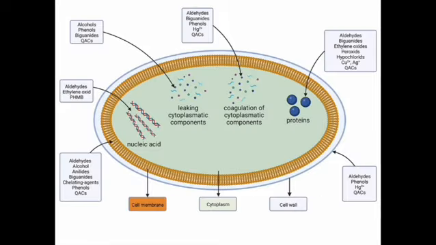The action of chemical sterilization works on four basic principles: by degrading the nucleic acid, or leaking the cytoplasmic components, or coagulation of cytoplasmic components and degradation of proteins, and also by damaging the cell membrane or cell wall. Here QACs are quaternary ammonium compounds, which majorly affect the nucleic acid of the cell.